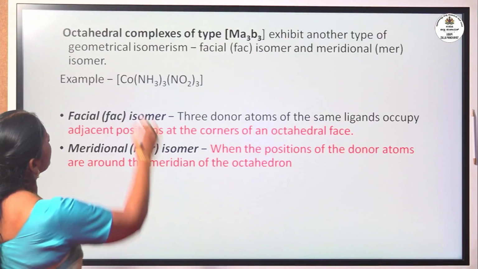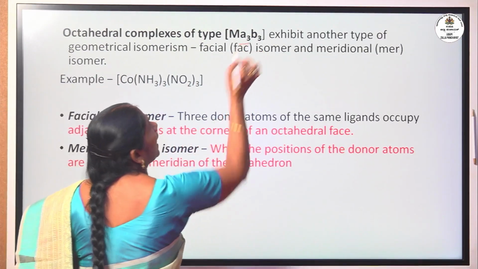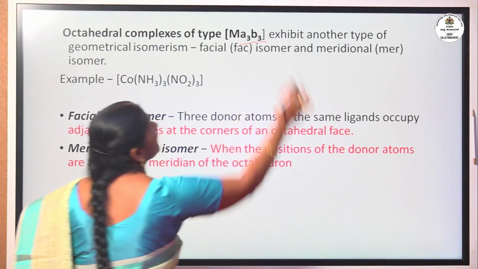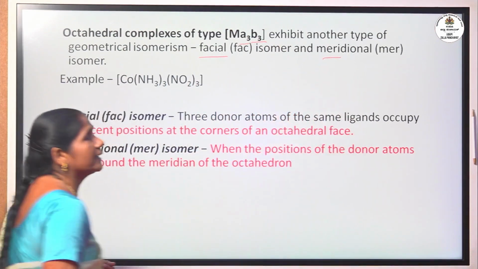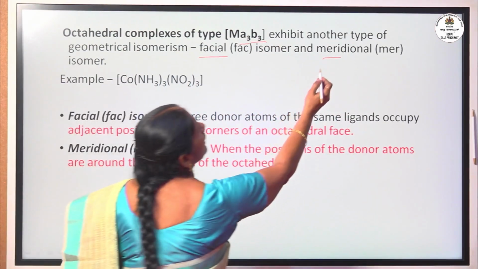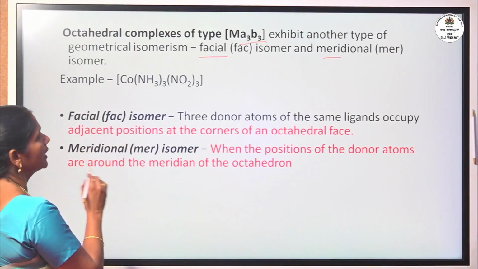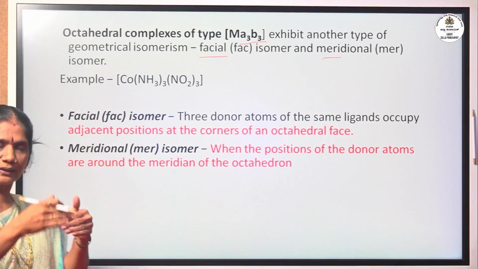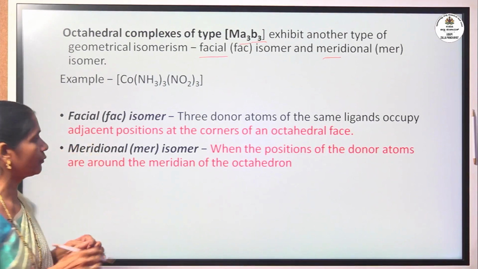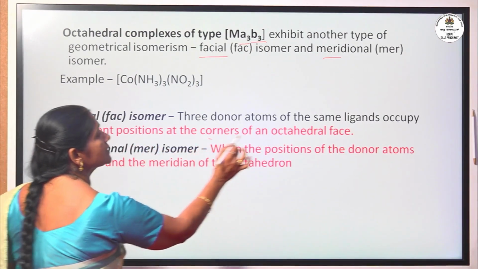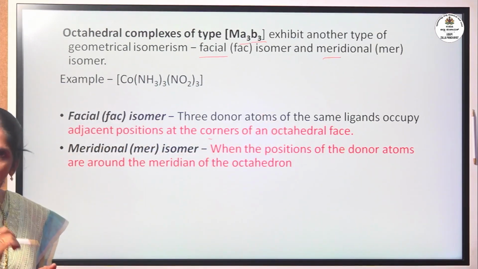Okay. Octahedral complexes of type MA3B3. So 3 ligands of one type and 3 ligands of another type. We have 2 types of isomers possible here. One is facial isomer, the other one is meridional isomer. How do you identify them? Facial isomer: if you see an octahedron, there is a triangle in one face, and if identical groups fall on the corners of an octahedral face, the 3 corners of a face of an octahedron, that is called